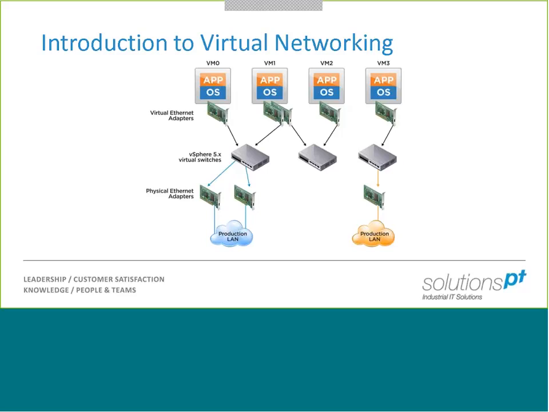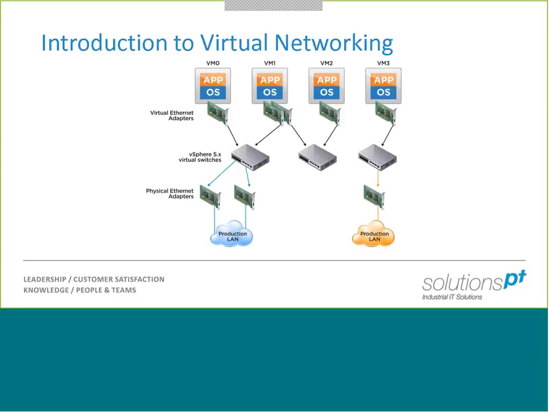Now underneath that we've got our virtual Ethernet adapters. So again, these are completely virtual. We've created these adapters within the VMs themselves. We've assigned IP addresses to them, much like we would with a physical adapter, and they essentially work in exactly the same way as a physical adapter would. For example, in Windows, let's say we've created a Windows virtual machine, we've added a virtual adapter. It will not appear any different than a physical Windows machine with a physical adapter. We configure it in exactly the same way, IP address, subnet mask, gateway, all that kind of thing. So the configuration itself is exactly the same.